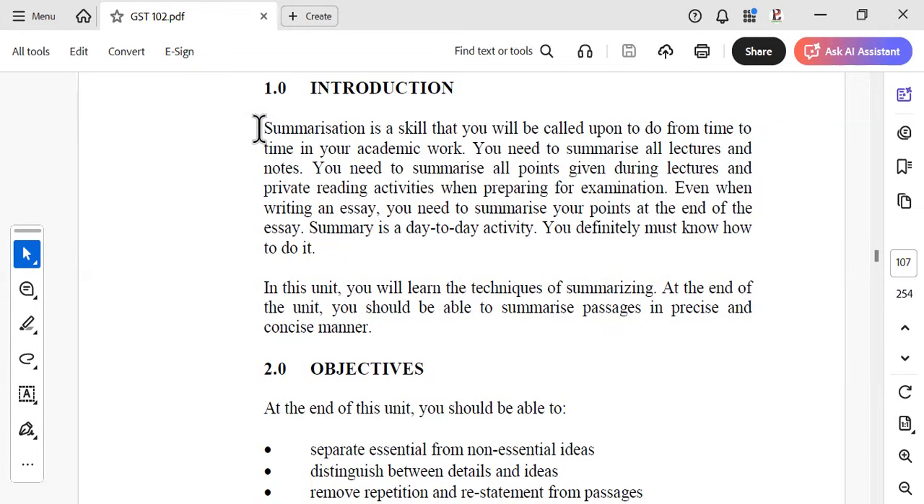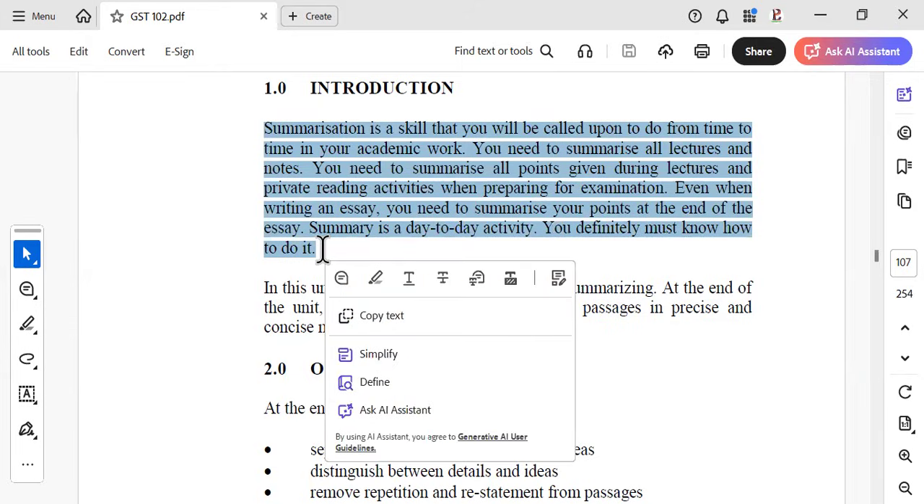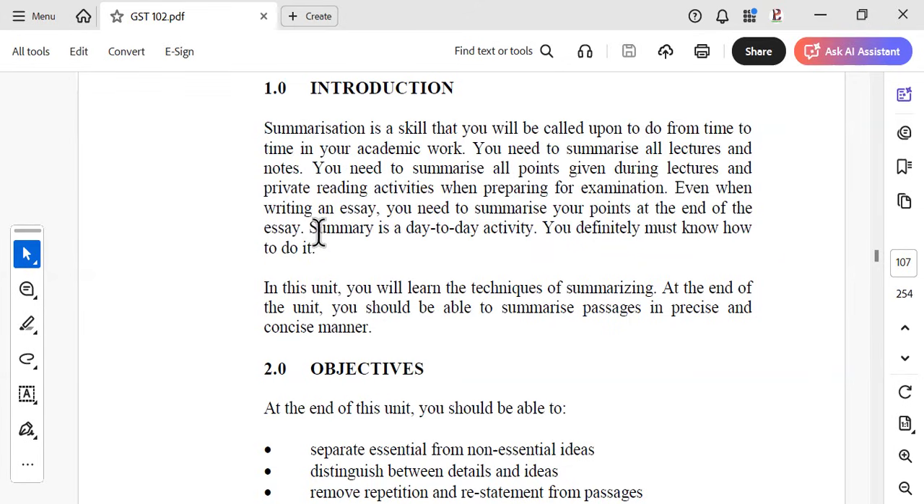So if you are in a class and the lecturer was delivering a speech and he delivered this much to this point, if you are to write down in your notes, in your jottings, if you are to pen down anything, the most important thing you need to write is that summary is a day-to-day activity. Therefore, it is necessary to learn how to do it. So you won't need to be writing all of these